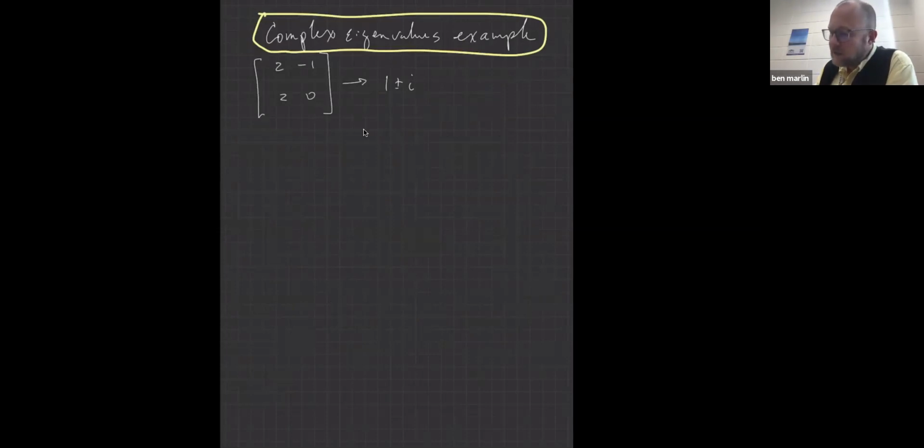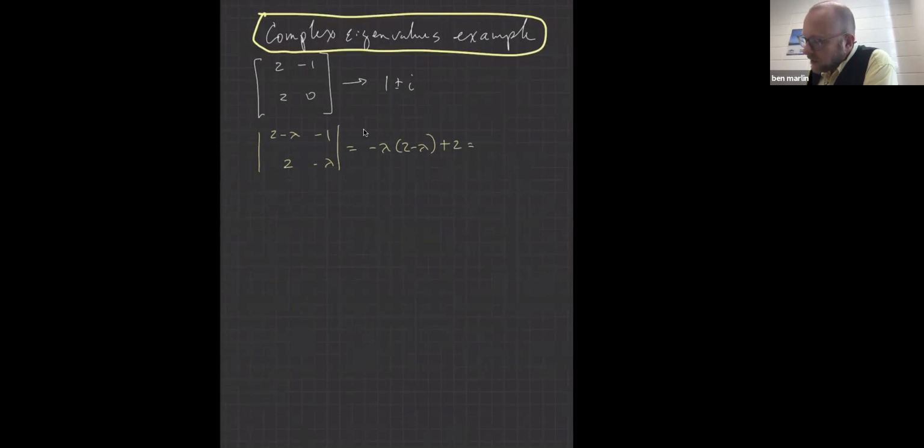I've already written down the solution there, and that is because I'm worried that I'll mess it up. So let's write down 2 minus lambda, minus 1, 2, and then minus lambda. And so that means that you will have minus lambda times 2 minus lambda, and then minus a negative 2. So that means you will end up with lambda squared minus 2 lambda plus 2. So if you set that equal to 0,